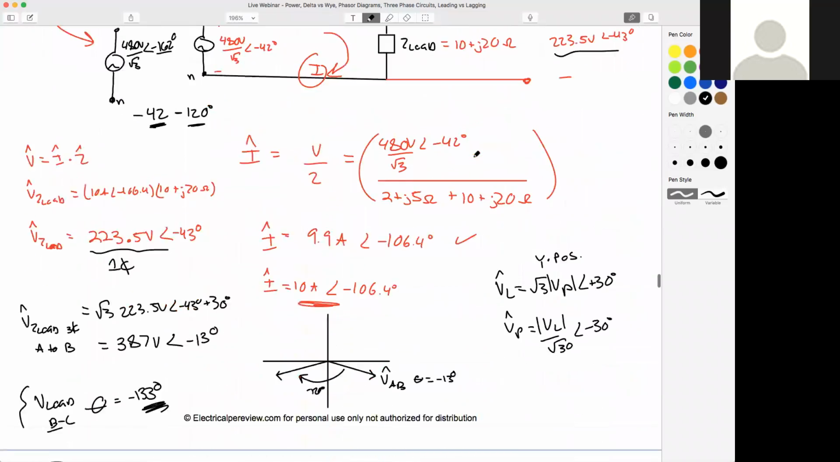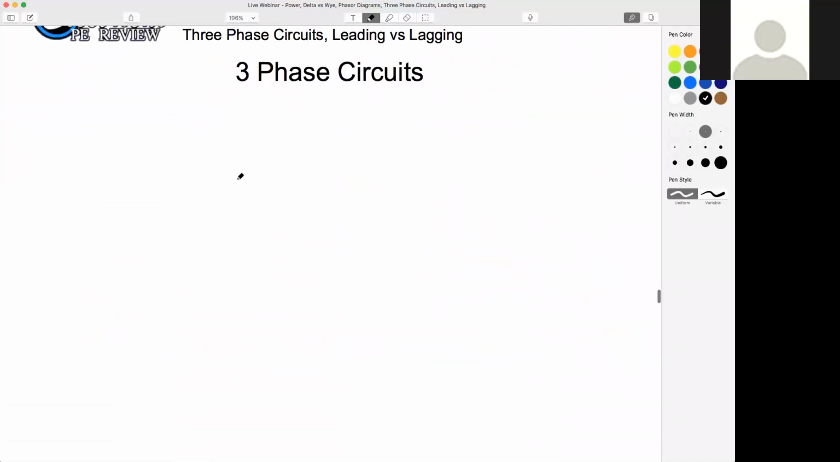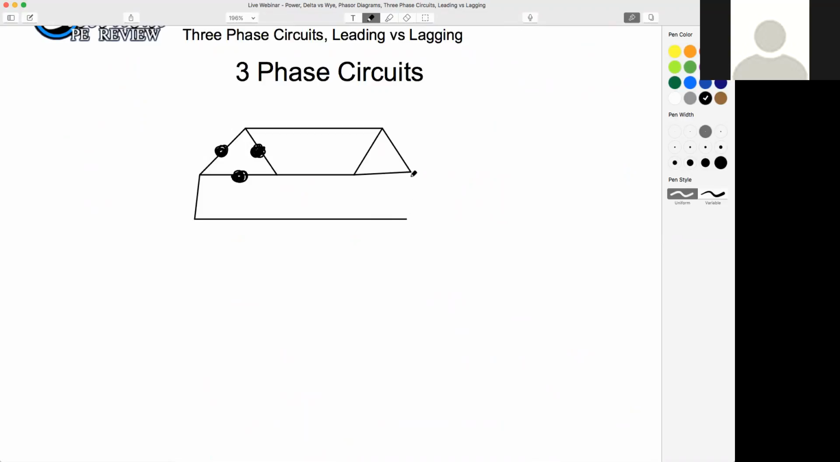Okay, how about this? So what if you had a delta system, and to make the best use of our time, I'm just going to draw it a little quicker and it'll come out faster. So if I had a delta system, okay,